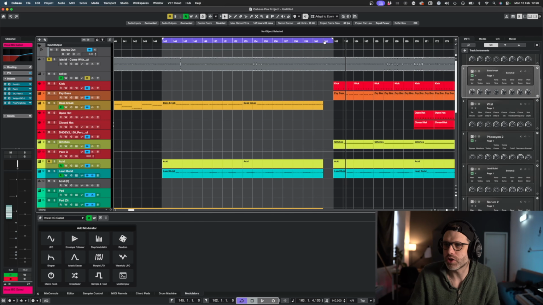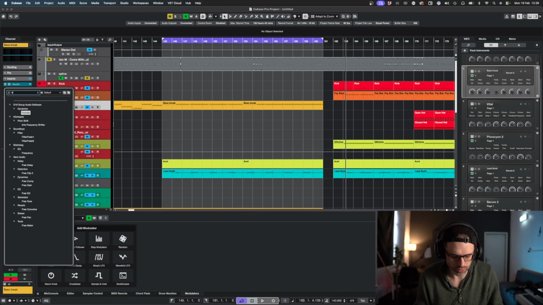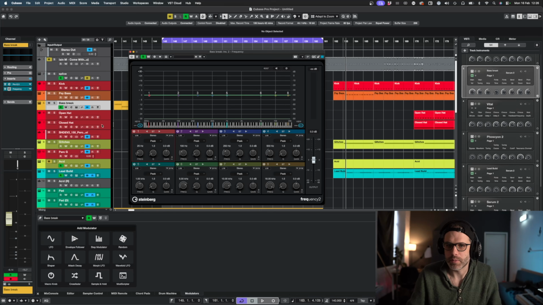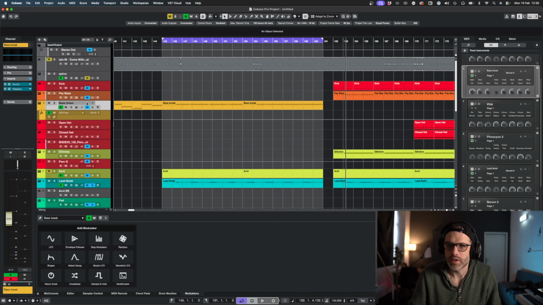The first one that I'm going to show you is very simple, and it's using an EQ or a dual filter if you want to use that. All we're going to do with the first one is select cutoff 24, can be anything that you want really. Now when we right click, we can show automation track. And you can see on this bass break now, if we just listen to it currently,